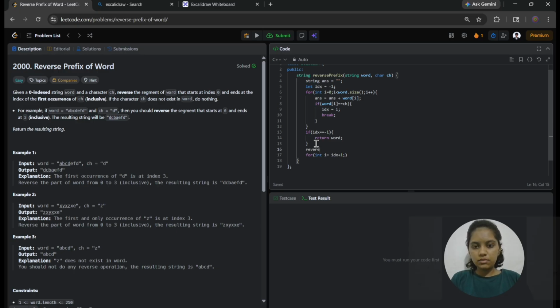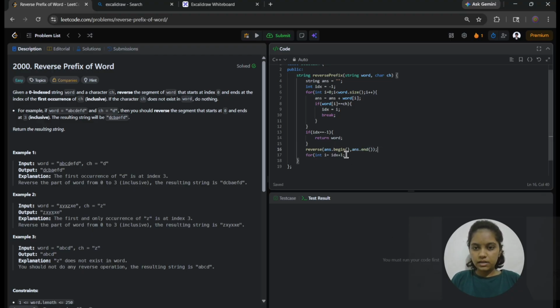So here I am using the reverse method to reverse our substring. Here I have a string answer and I am using the method begin. This gives the position of the string from which I have to reverse the string.